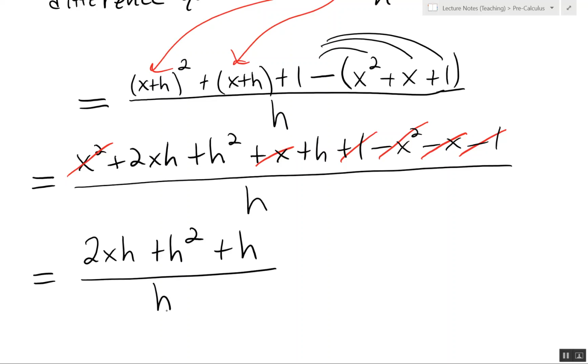And notice in the previous step, every term that had just an x or a number in it got canceled off. When you use the difference quotient with polynomials, this always happens. So this is a way to check yourself. If you have a polynomial and you get to this step and the numerator has a term with only an x or only a number in it, then you have made a mistake and you need to go back and check your work. Because the trick here is that we want to factor out,